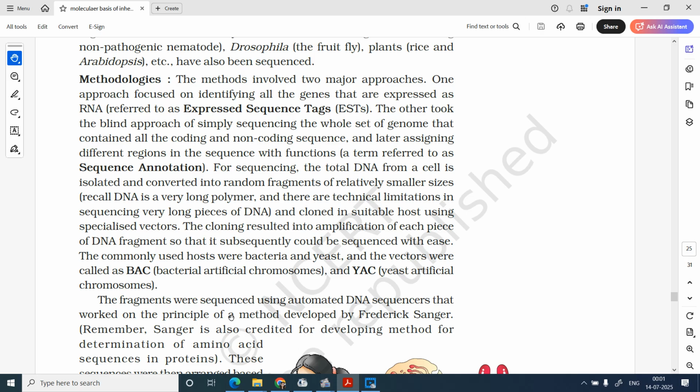For sequencing, the total DNA from a cell is isolated and converted into random fragments of relatively smaller sizes. Recall, DNA is a very long polymer and there are technical limitations in sequencing very long pieces of DNA. The fragments were cloned in a suitable host using a specialized vector. The cloning resulted in amplification of each piece of DNA fragment so that it could subsequently be sequenced with ease. The commonly used hosts were bacteria and yeast, and the vectors were called BAC, bacterial artificial chromosome, and YAC,